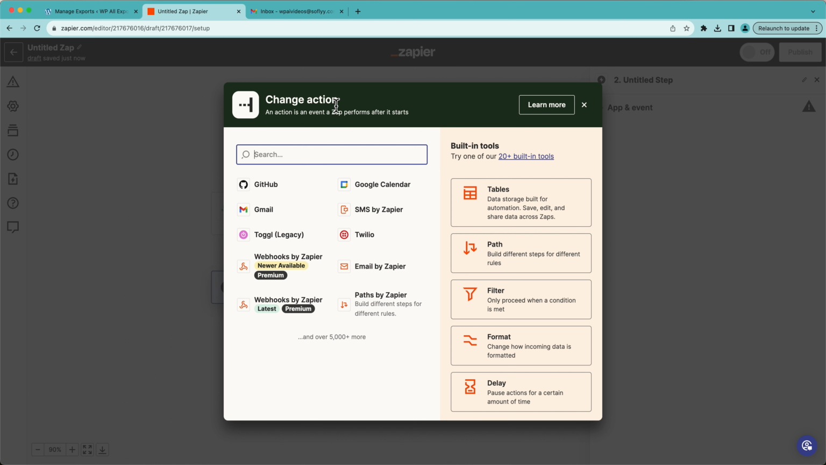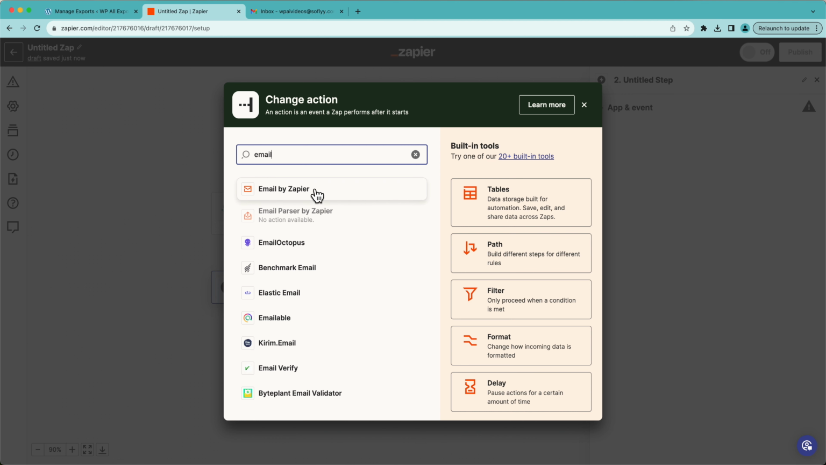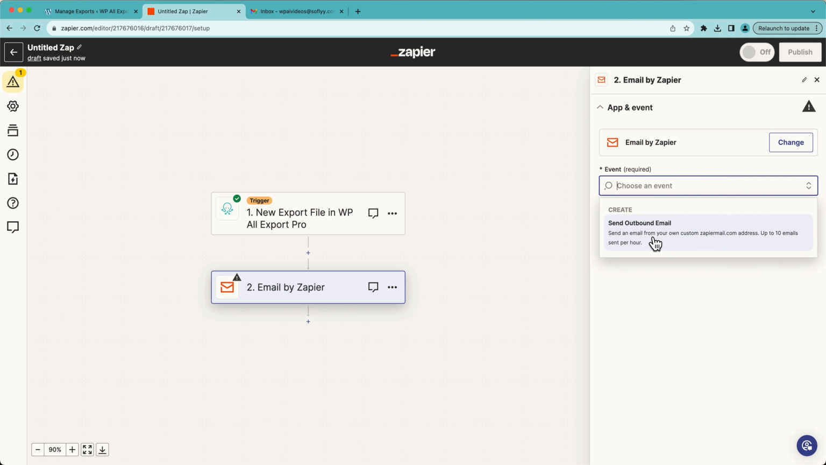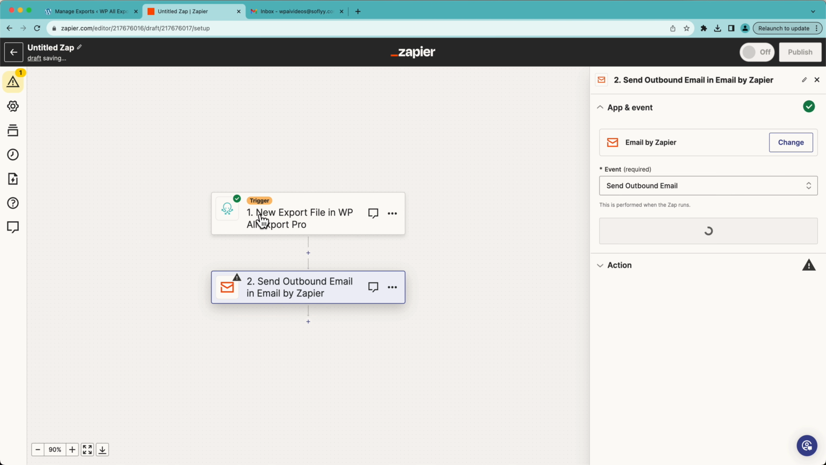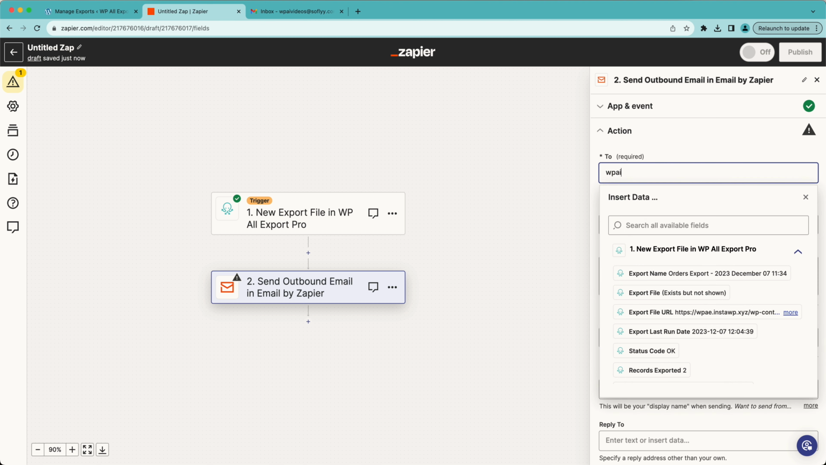Now we're going to set up our action, right? What's going to happen after that export completes? So we'll search for email, and then we'll use Email by Zapier. And then our event, send outbound email. So our trigger, new export file created in WP All Export Pro, send an outbound email. So we'll continue. We're going to send this email to